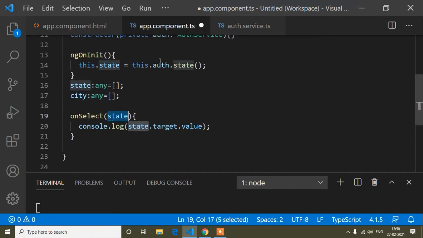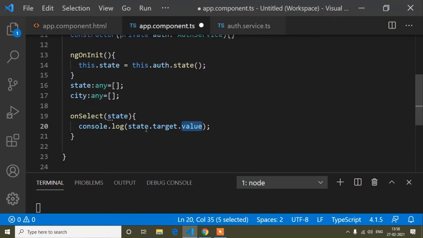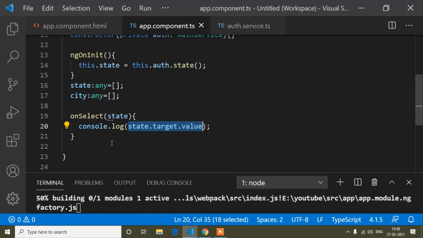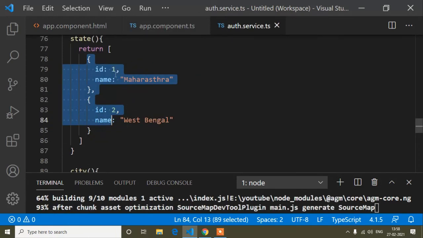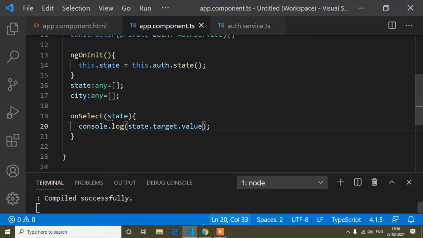So for that I'm targeting state dot target dot value, because I need only the value. If I print state dot target dot value, then I will get the id. Here, name is this and id is this one. So now you can see I'm targeting this.